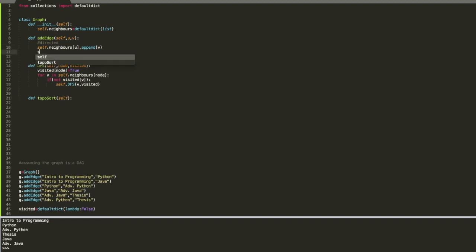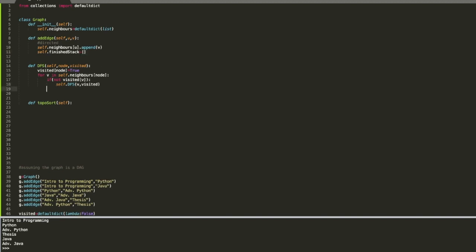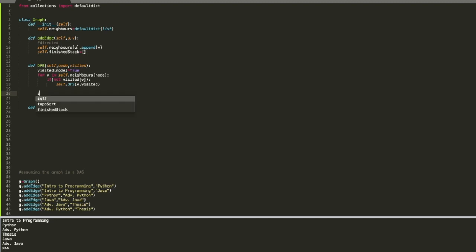So let's try to implement topological sort using the approach we previously discussed. I have here a finished stack, and once I have no more unvisited children to explore, like once all my children have been explored completely, I just add my node to the finished stack, and that is pretty much it.